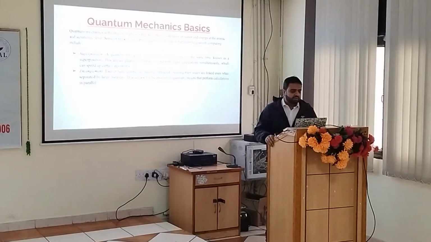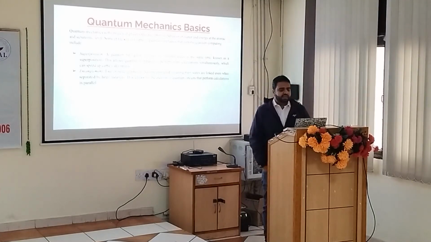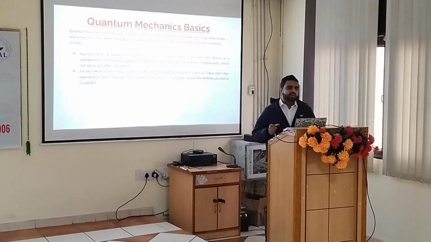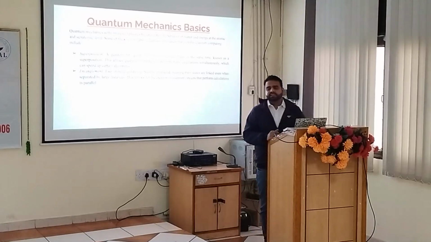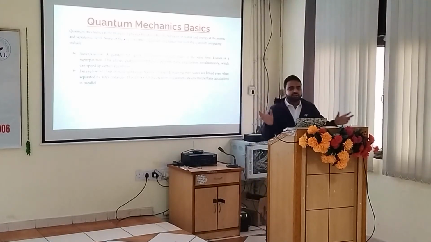for the superposition state. Then the entanglement, that means their states are linked even when they are separated by a large distance. So that means the distance does not play any role in that. The states of the particles are independent of the distance. As I just gave the example earlier, if I have two particles at a long distance apart, so overall system, if it is stable, so if we know the rotation of one state, we get the rotation of another state automatically, right?